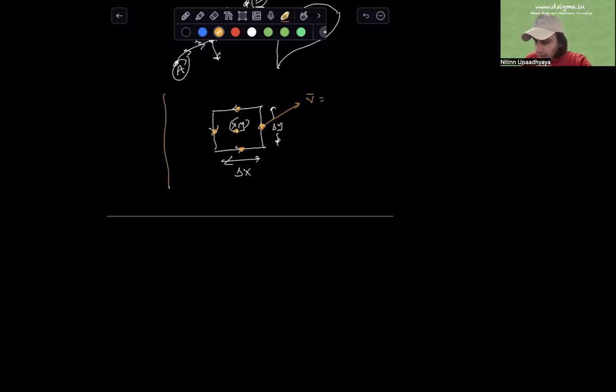And just to be clear, let's also make some coordinate axis. So we have this XY coordinate axis, and this will make it easier. The choice of the rectangular path will just make it easier for us to define the tangent and the normal directions to the path, right? So if this is the coordinate axis and we have this rectangular path in the way we've just drawn here,